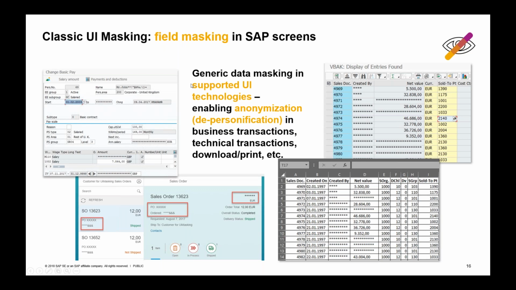Now, there's two more things to note here. Not only can we mask each of the fields, we also set these fields to display only. So even a field like an amount field, which would usually be editable in an edit transaction, will be set to display only with masking active. And you see here that in one case we have masked out the amount field, in another case it is not masked out. So this is additional logic, which we allow you to put into the system via